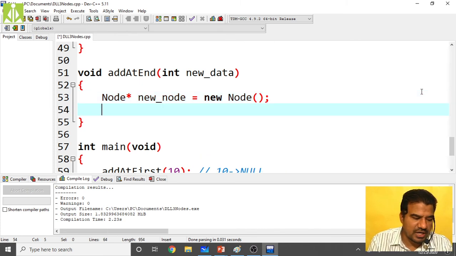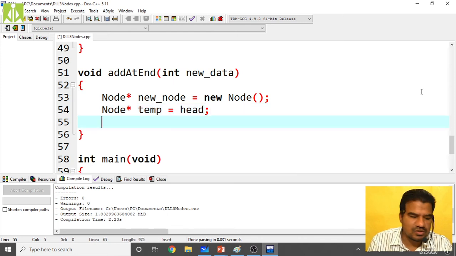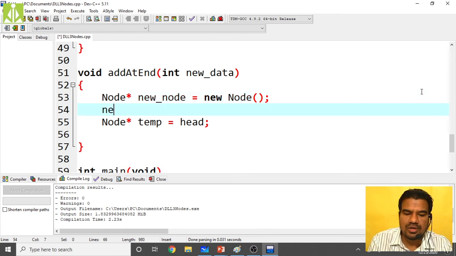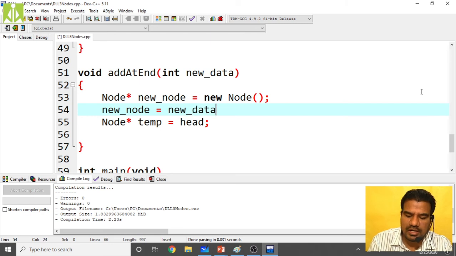Then take another pointer, node with capital N, node star. We are taking a temporary pointer and making it head, because we have to start from the first location only. Now put the data into it. Here only you do new underscore node equals to new underscore data.